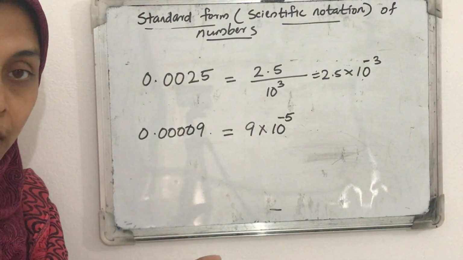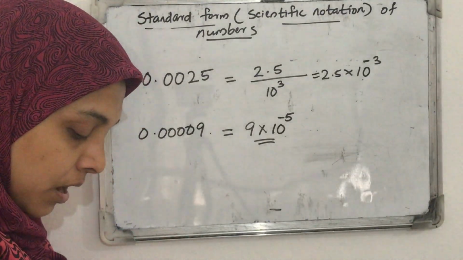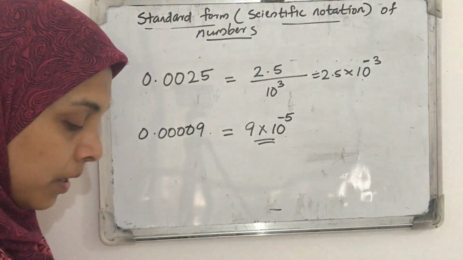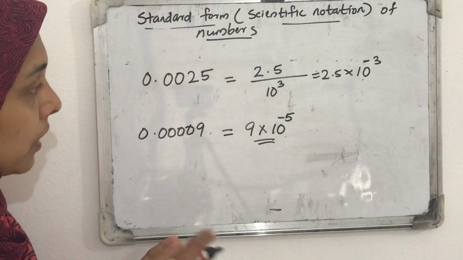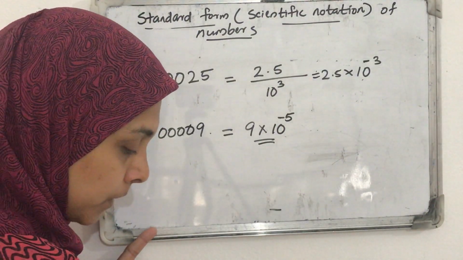9 into 10 raised to minus 5. Clear? So this way we can write any larger number or any small number in the form of decimal, in the form of scientific notation. Another question,